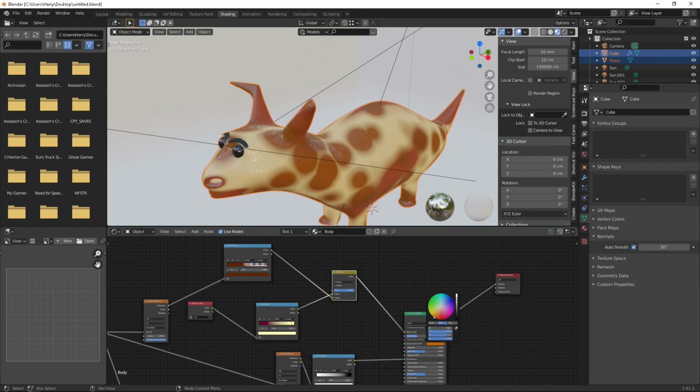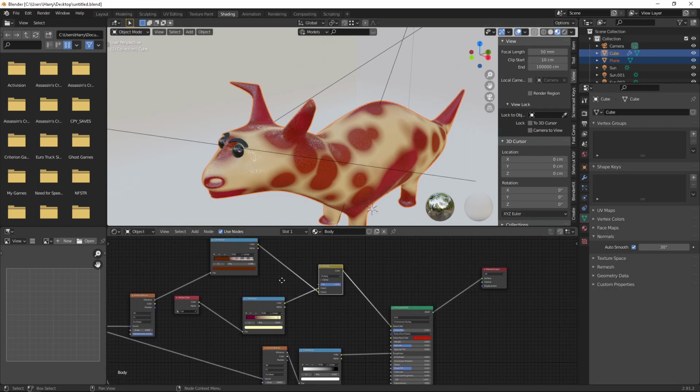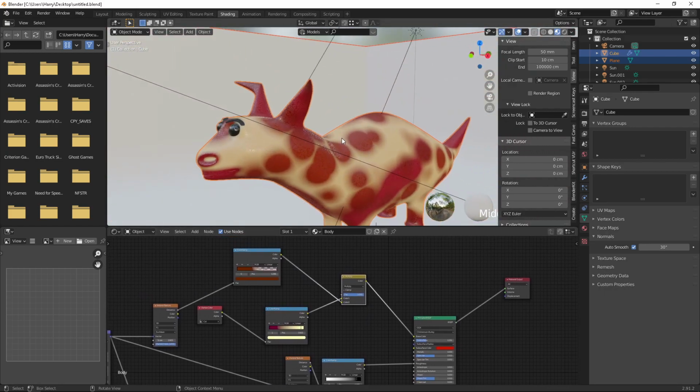Fine. Okay, now it looks good. Fine, now the subdivision modifier we have added and it looks full red, nice. This one I'm going to change a little bit lighter, and this also a little bit lighter.